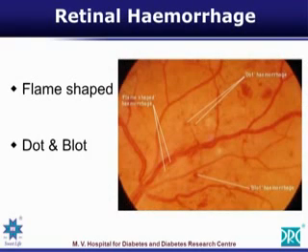Retinal hemorrhages. When these microaneurysms rupture and break, they will produce a small hemorrhage on the retina, which we call retinal hemorrhages. When these hemorrhages are in the superficial layers of the retina, like here, they will be flame shaped. And if they are deeper, they will be dot and blot hemorrhages. As you can see here, they are the dot and blot hemorrhages when they are in the deeper layers of the retina. These are very small, they are microaneurysms that are rupturing, and are not very clinically significant as far as vision is concerned.